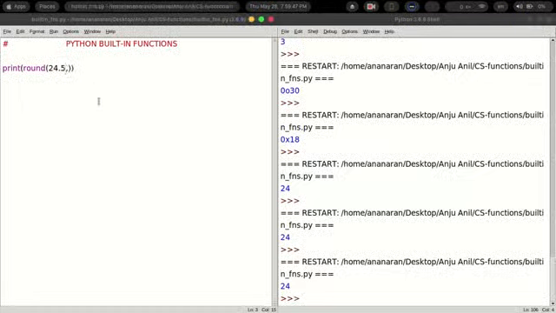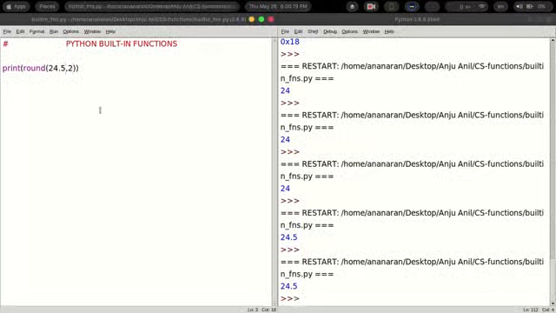Suppose I write 24.5, 1, then you can see that it is rounded to 24.5, one decimal. It does not give 24.50, it gives 24.5. That means the 0 is not considered. It doesn't add 0 to it.